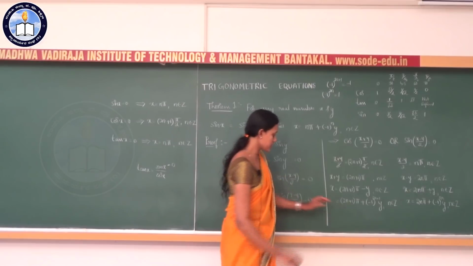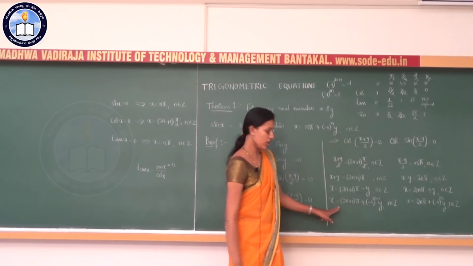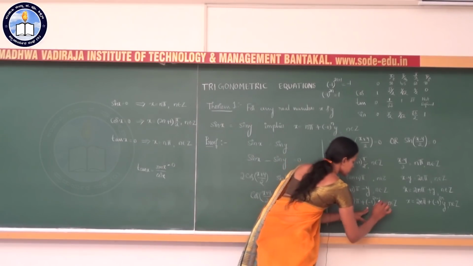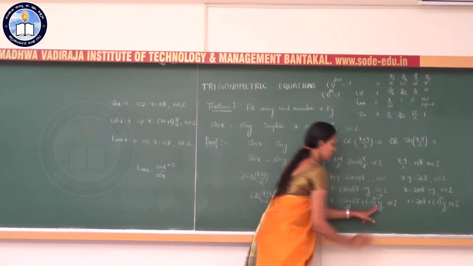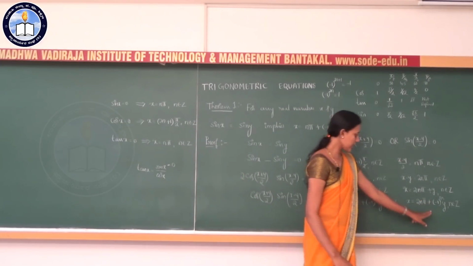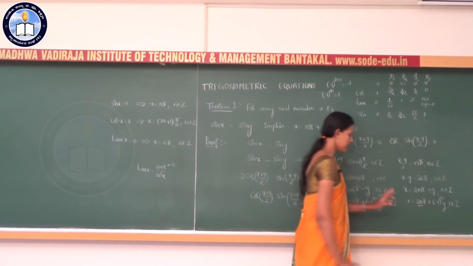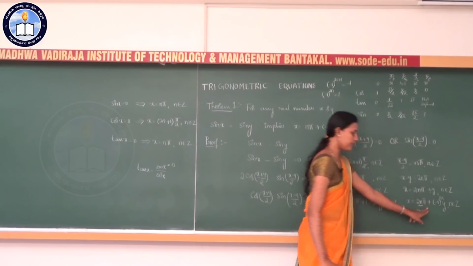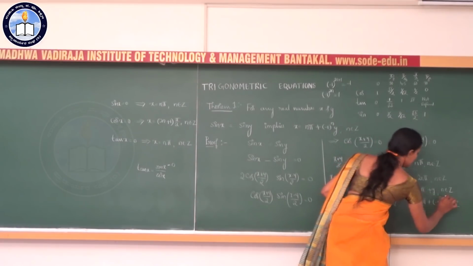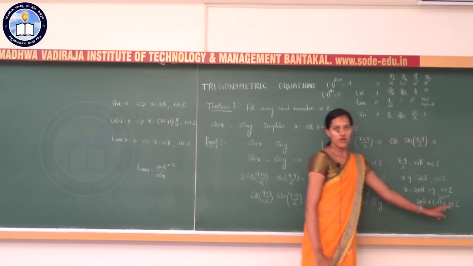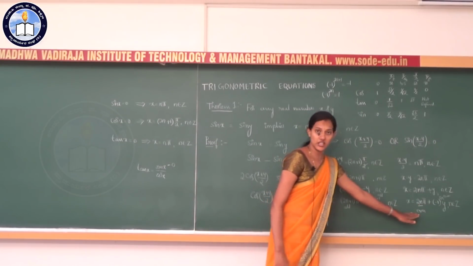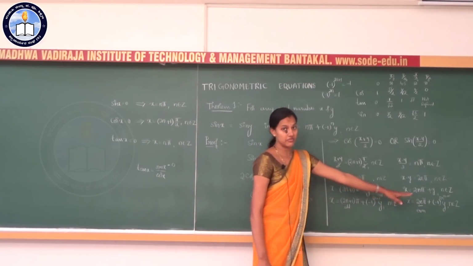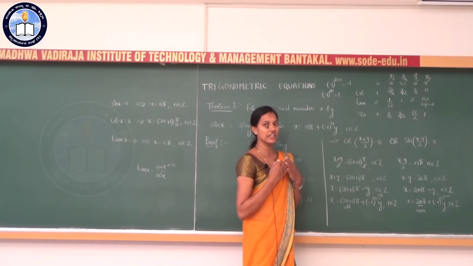Now, look at the first expression. Here x is an odd number into pi plus minus 1 to the power of an odd number into y. And in the second expression, 2n, so it is even, x is equal to an even number into pi plus minus 1 to the power of an even number into y. So when we combine these two equations, here it is odd numbers, there it is even numbers. When we combine odd and even numbers, we get integers.